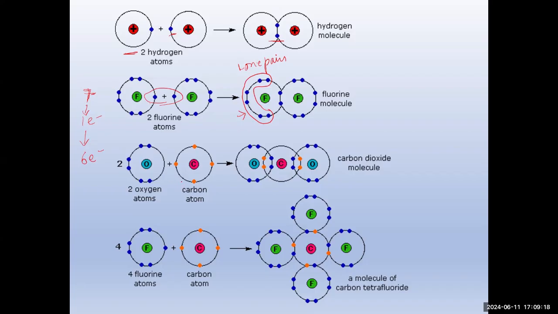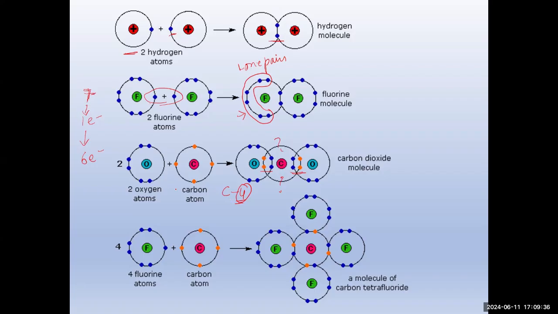Similarly, in carbon dioxide, if you see, carbon belongs to group 4 and hence it will make 4 bonds. So it has made 4 bonds, one double bond here, one double bond here. And since it only had 4 electrons, all electrons are finished. No electrons are left to be shown in the structure.